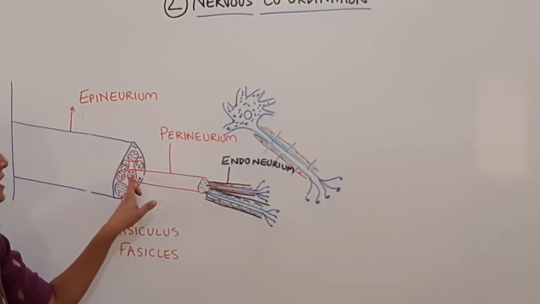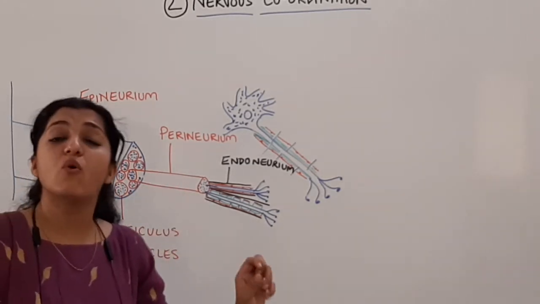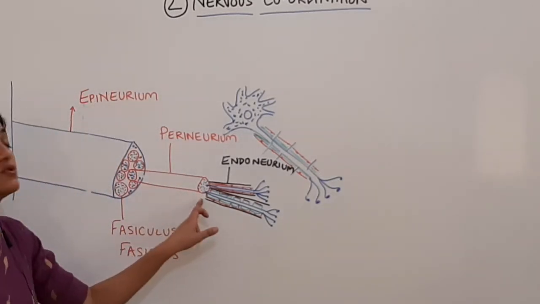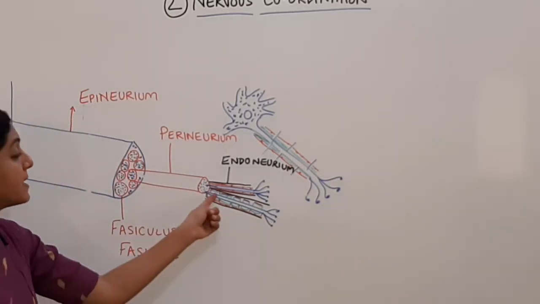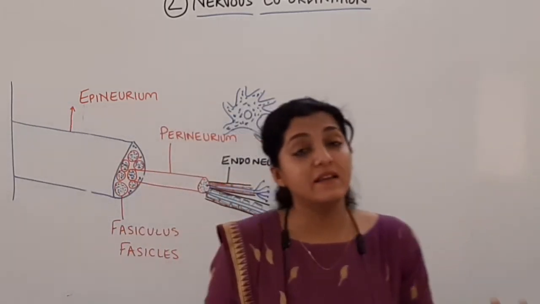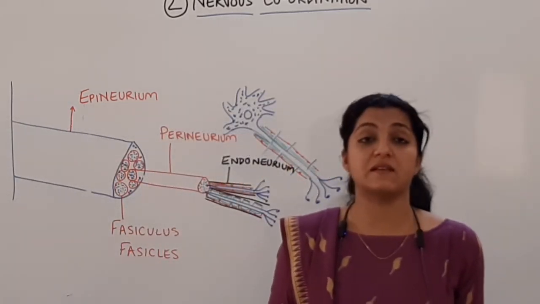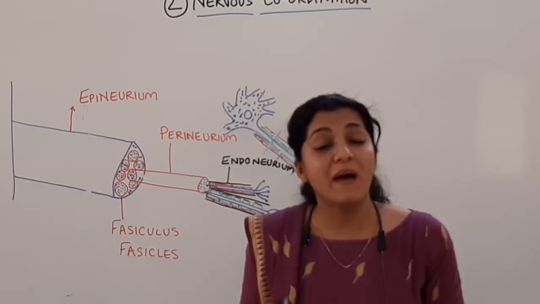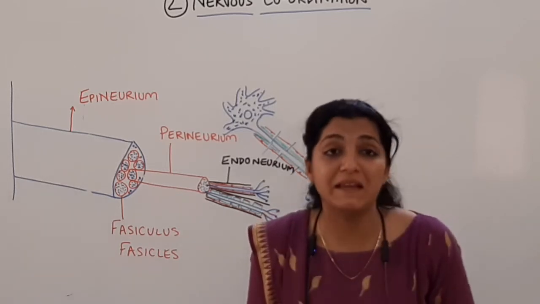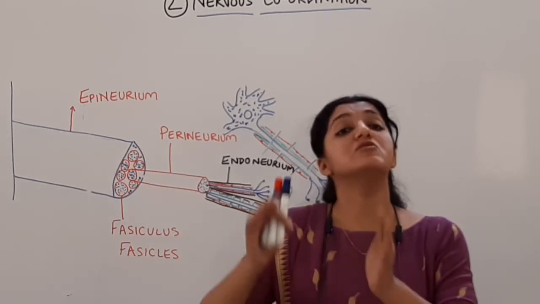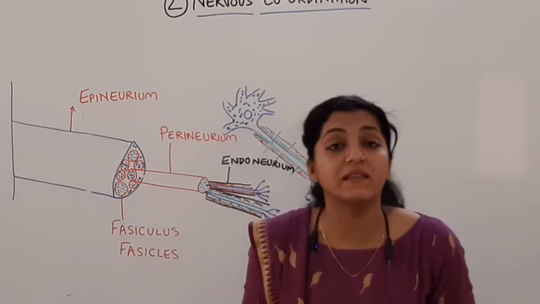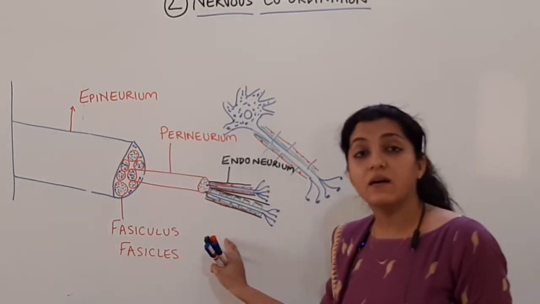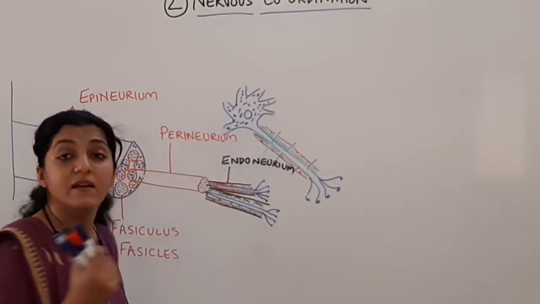These bundles, now each individual bundle is going to have many neurons. अब यहाँ पे रहने वाले न्यूरॉन्स या तो माइलिनेटेड हो सकते हैं या तो नॉन माइलिनेटेड रह सकते हैं. Majority of them will be myelinated. We call the neurons myelinated when there is presence of myelin sheath. Who is secreting the myelin sheath? Schwann cells are secreting the myelin sheath. All right. So यहाँ पे present रहेंगे myelinated neurons and non-myelinated neurons.